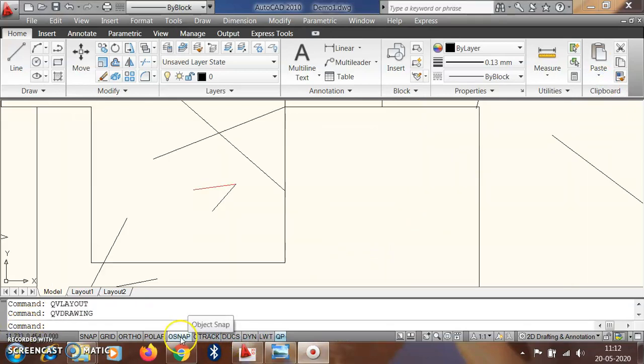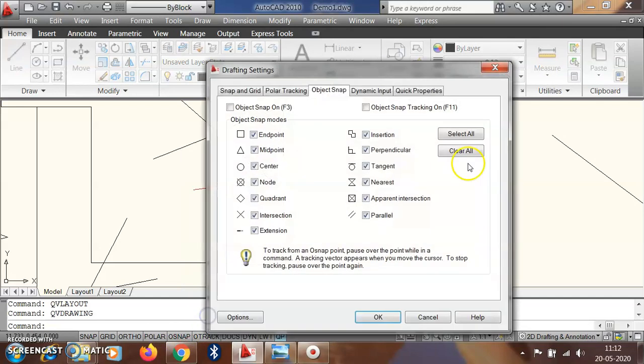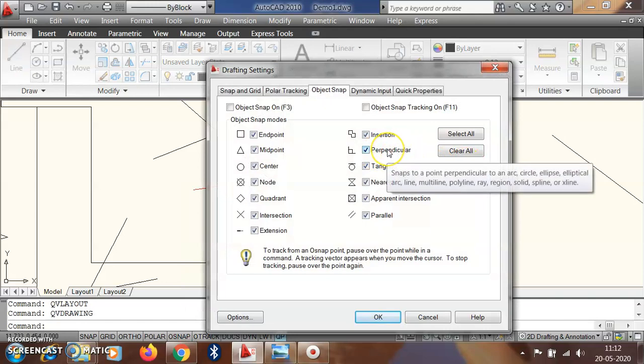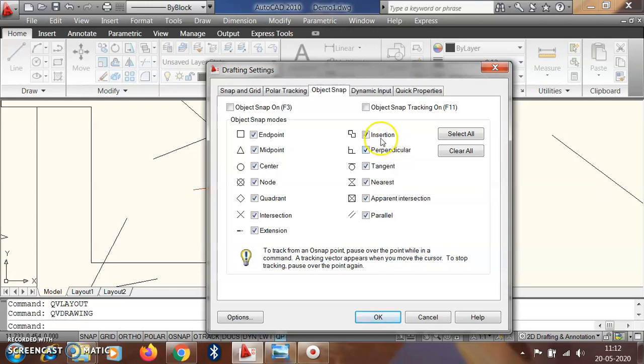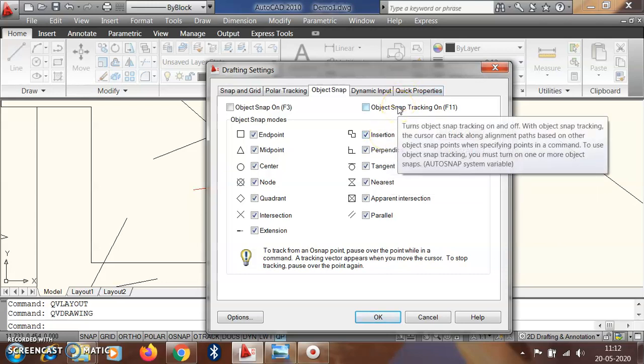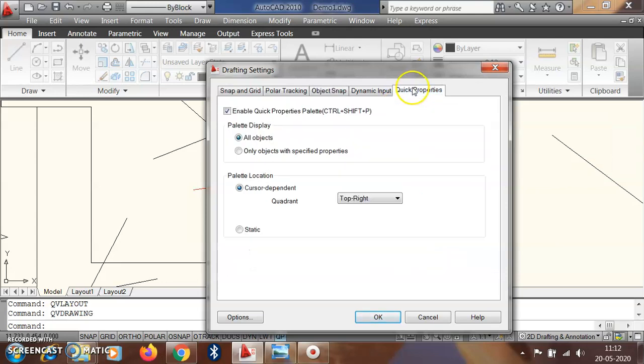If you have any difficulty with this tracking, you can go here and just pause your cursor for some time. You get everything about that particular tool, and you can operate that tool by using these instructions.